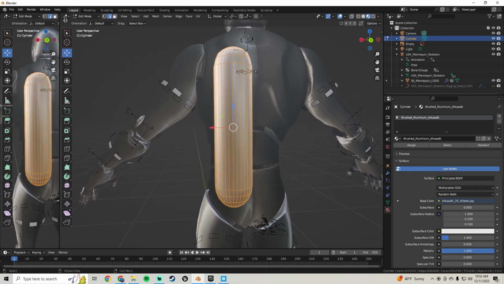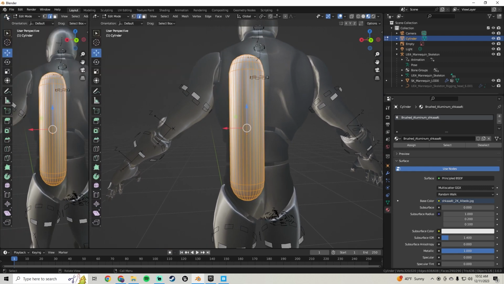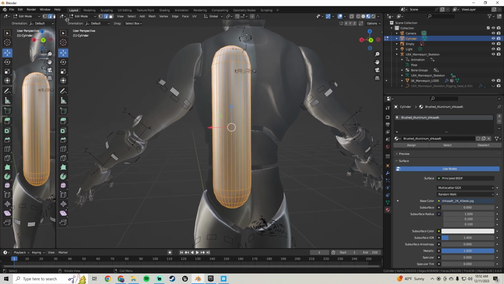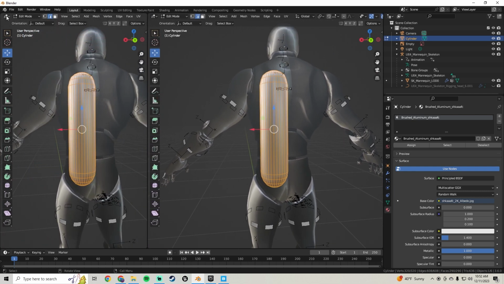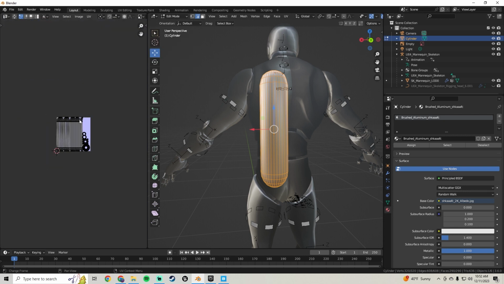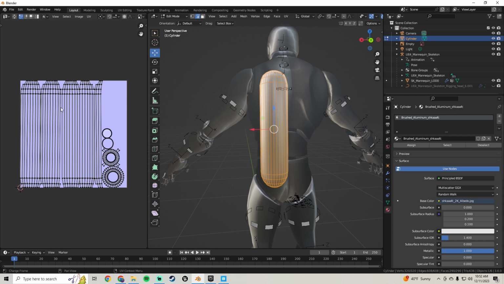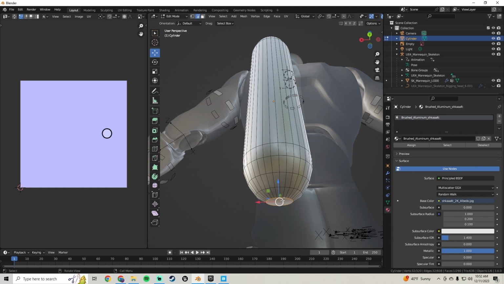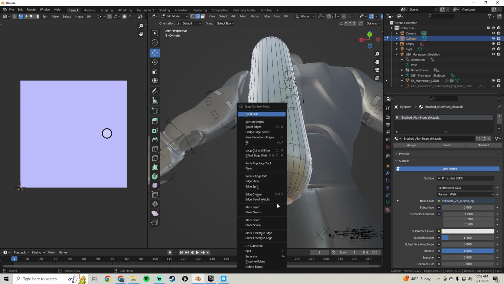You can also get an idea of this if you pull on the edge right here, you can get another little window right here and go to editor type. You can go to UV editor, and you can kind of see how the UVs are being unwrapped. So let me just unwrap it the other way again real quick, and then